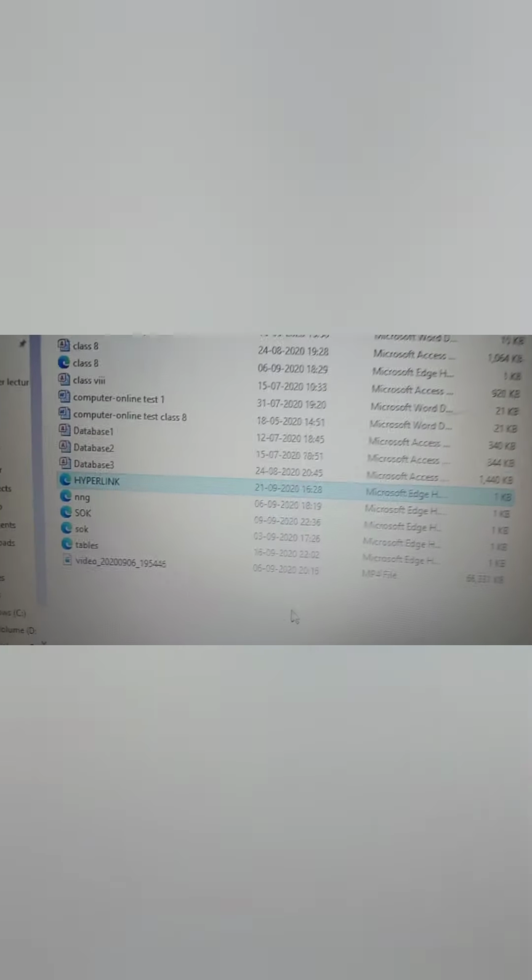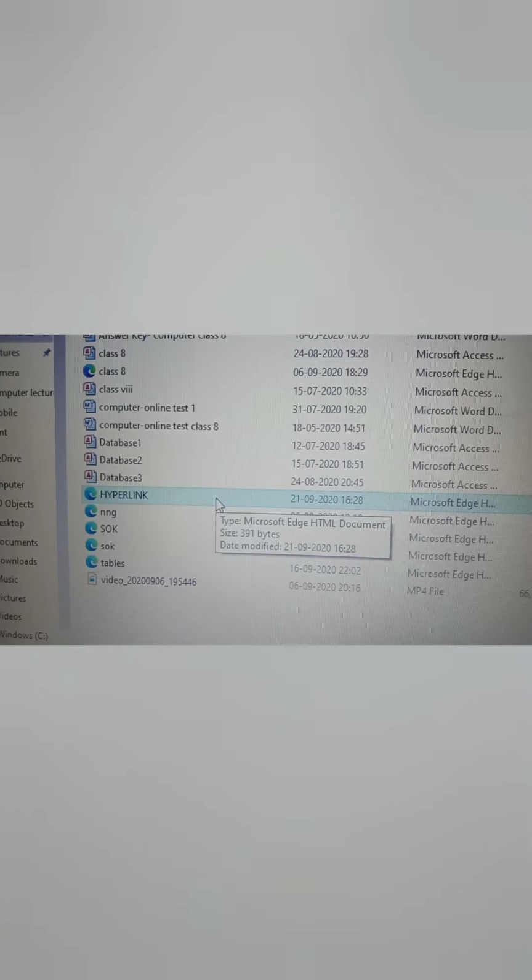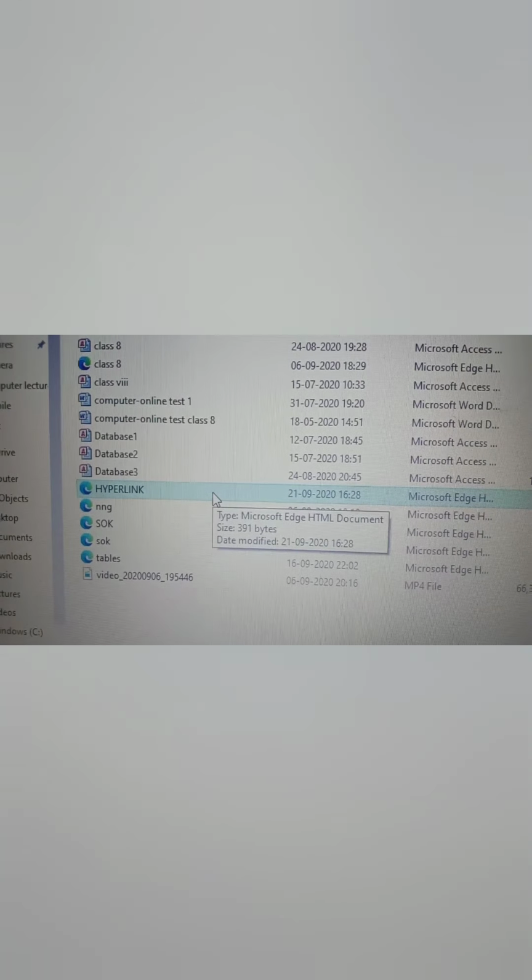Now you have to open your documents. You can see here this web page, hyperlink. Open this web page. Now you can see here, this is our web page. The background color of the web page is yellow and the text color is blue, and the heading is hyperlinks. It is started at the center of the web page, and it is in bold and underlined also. Next paragraph, we have started from the left of the web page.